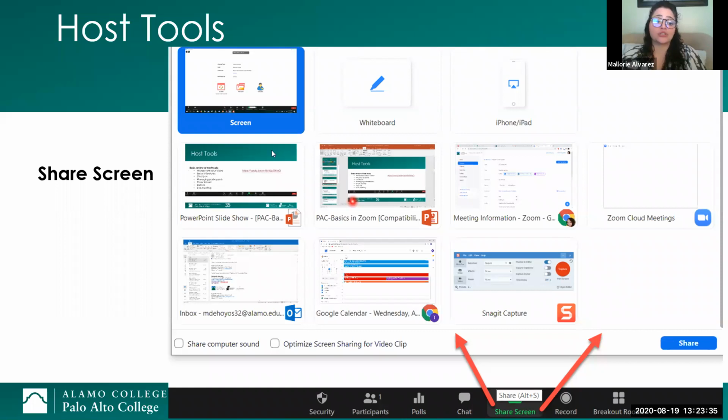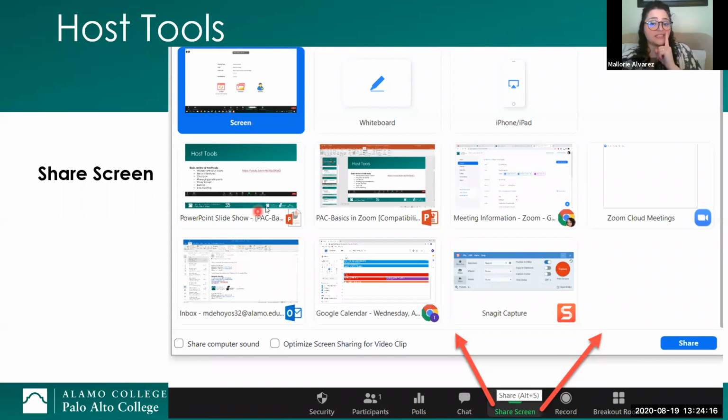So now I can choose to share this PowerPoint, or I can choose to share this PowerPoint. I can choose to share a web page, a Word doc, and then the screen. Your first option whenever you share your screen is the word screen. Please keep in mind that means your desktop. So anything that's going on your computer, the students can see. If your email's going off and you're getting messages, your students are going to be able to see that. So just please keep that in mind when you decide which items you're going to share.